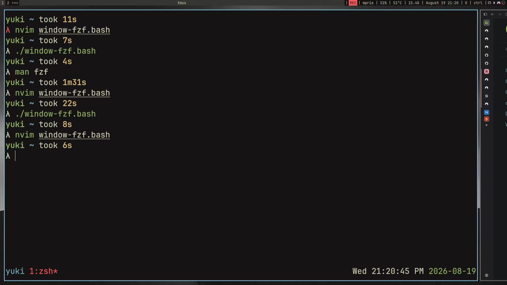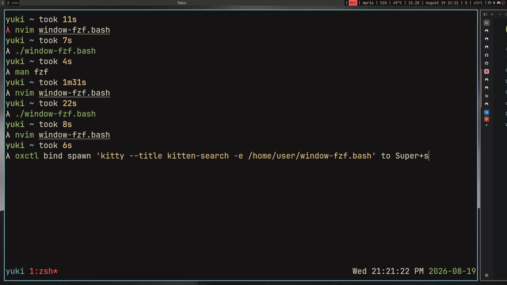That window that we spawn is going to show up as well. And I can prove that by binding the command. So let's do oxctl bind spawn kitty, or actually first, I'll give it a title, kitten search, -e, and then the path to the script, window fcf.bash, and I'm going to bind that to super plus slash, so the slash character, like I'm searching for